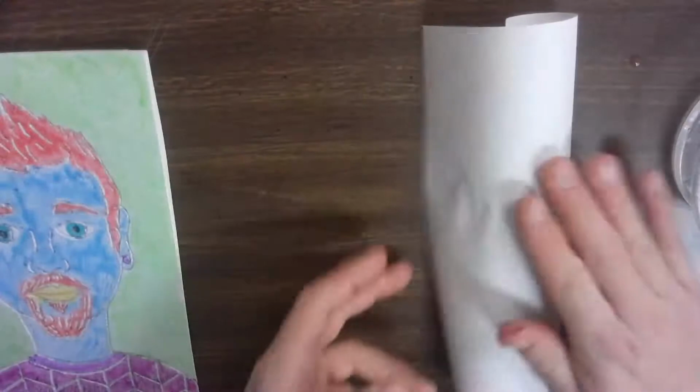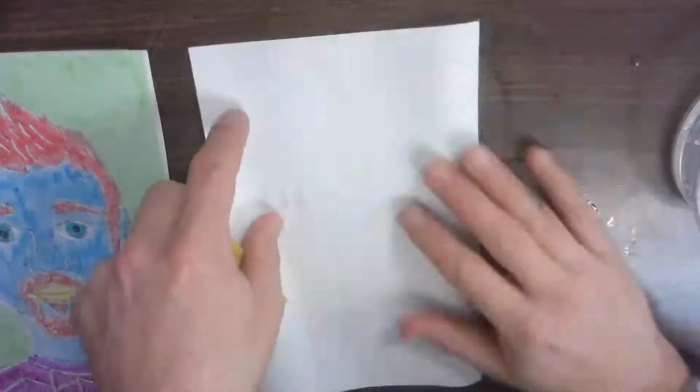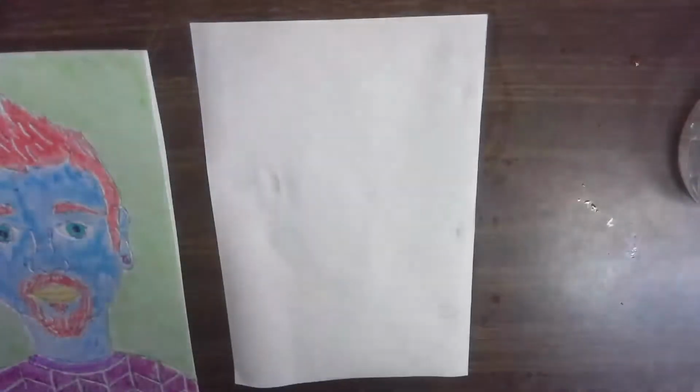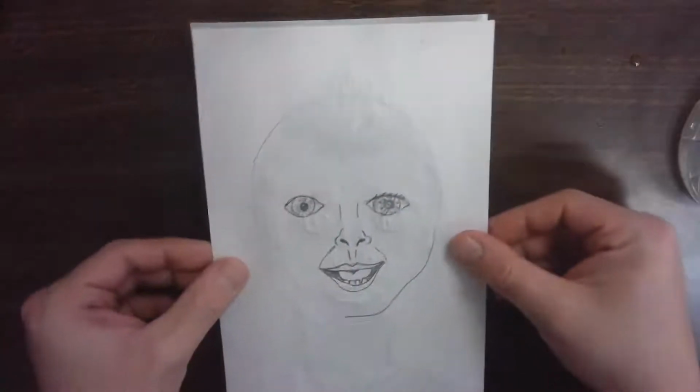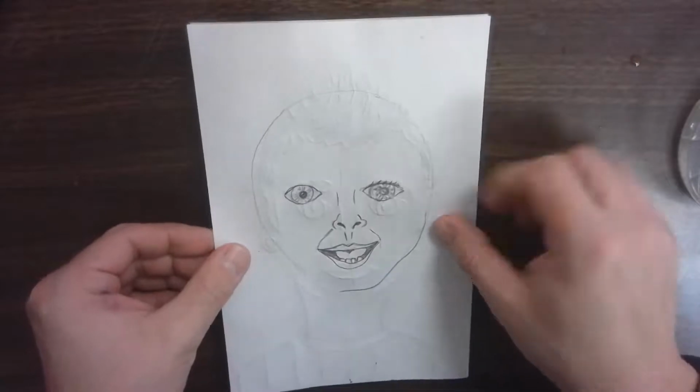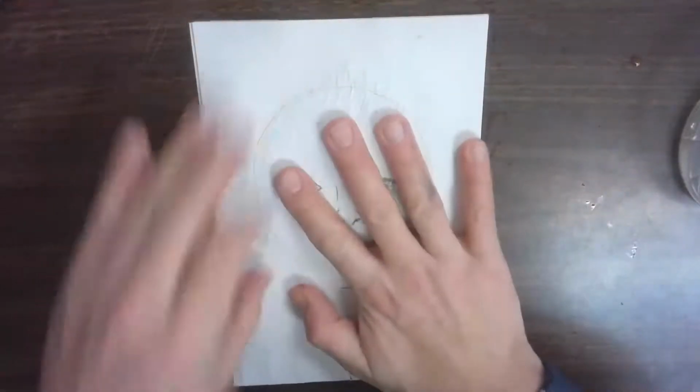Oops, it's curling up on me. But if it's not wet enough, then it's not going to show up very well. So there, I got mine. It's a little bit darker. So now I need to just very carefully flip my printing plate over, line it up the best I can, and now I just want to make sure to hold it in place